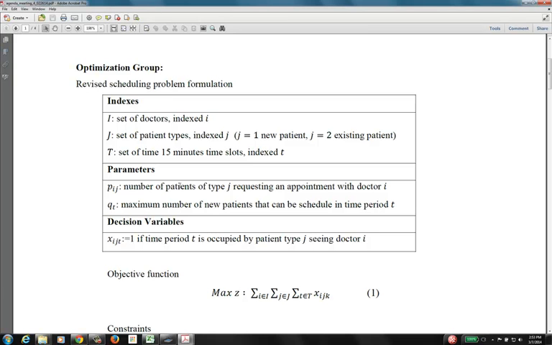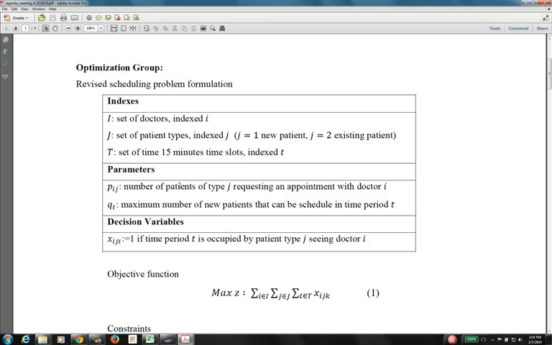One is to let us know the start time of each appointment, and the second one is to allow us to provide some sequence, because when you have a new patient, some of them will require at least two time slots of 15 minutes. So this variable is going to allow us to have that sequence of scheduling this new patient for two time